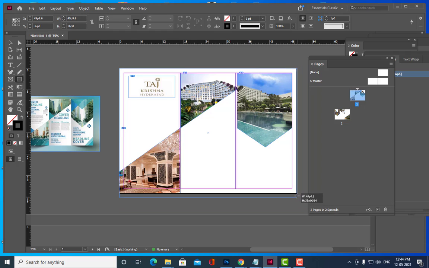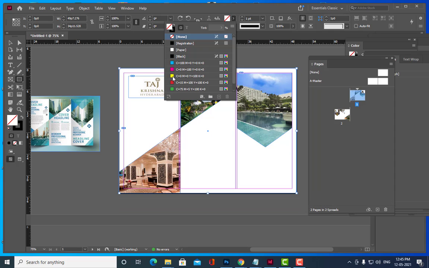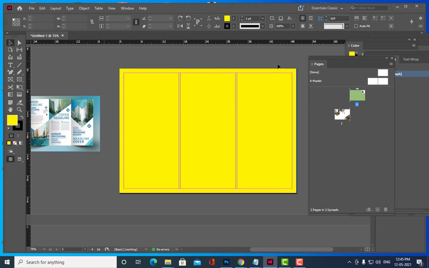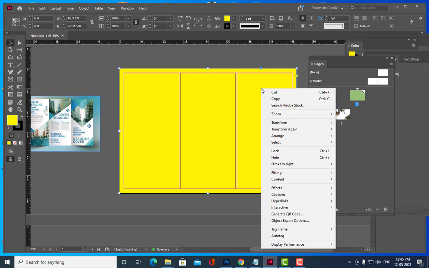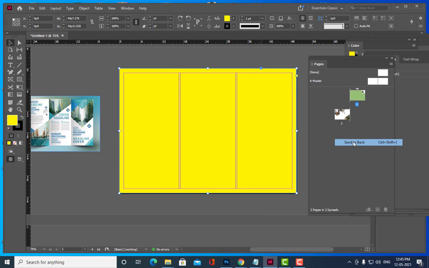Just draw it like this. Let me give it some yellowish color, okay? Then we'll send it behind everything. So how we can send it behind everything? Anybody can tell? We can use arrange, send to back.